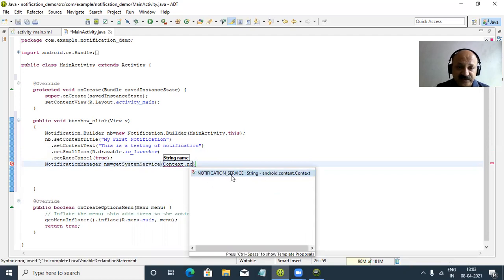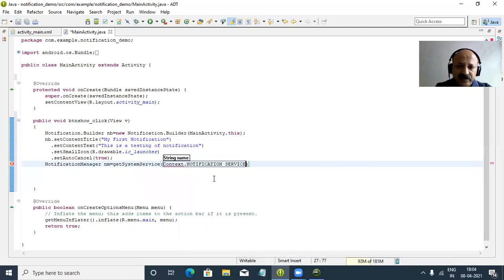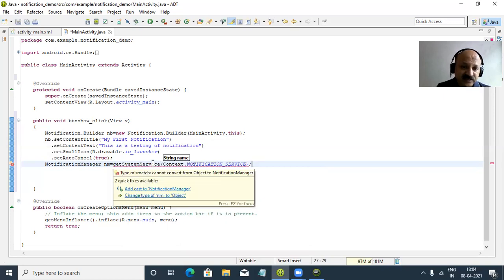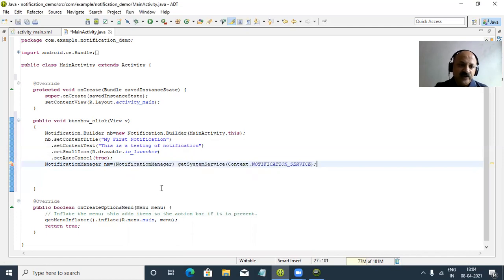So telephonic service, notification service, web service, yes. And so many services in the context class. So we can use this method, and then the return is an object class, so we can give the typecasting. So that is perfect.